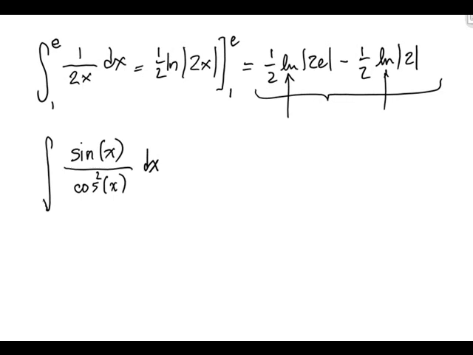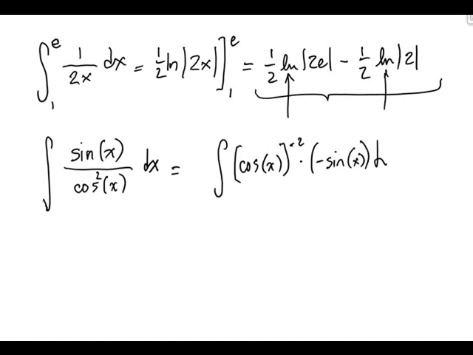Let me use a trig example to remind you of some of the patterns that you had to recognize when you're integrating. You may recall in a problem like this that when you recognize cosine is to the second power, actually -2 power, and sine, or negative sine, is the derivative of cosine, then you can rewrite this as an integral of cosine x to the -2 power times the derivative of the inner, which would be minus sine x dx. And since we had to introduce the minus, we'll have to put another one out front. And then whenever you integrate that, you're just integrating using the power rule, and that becomes negative cosine x to the -1 power